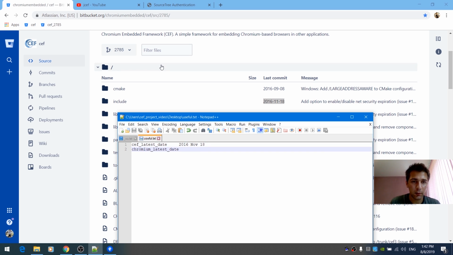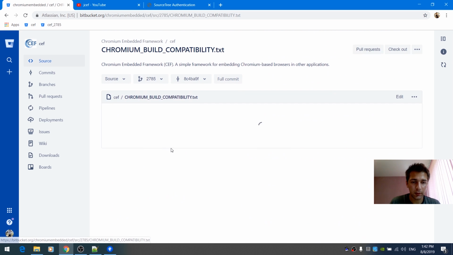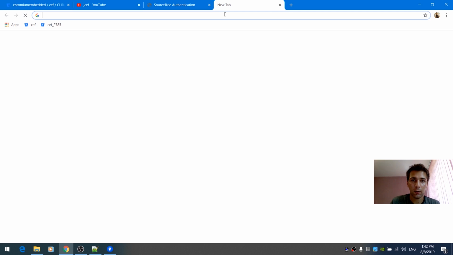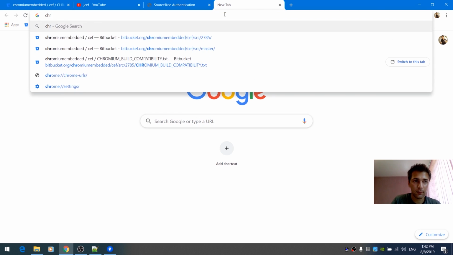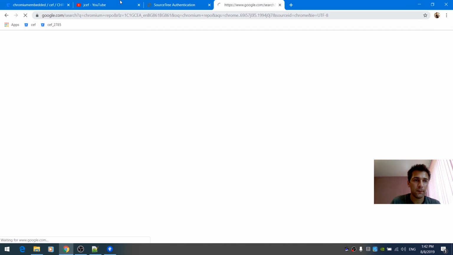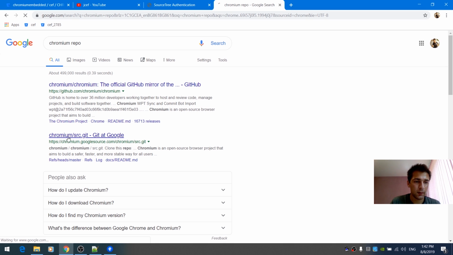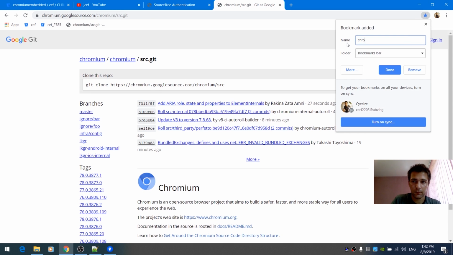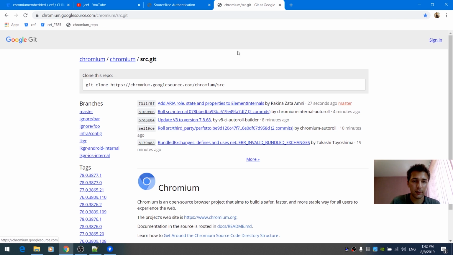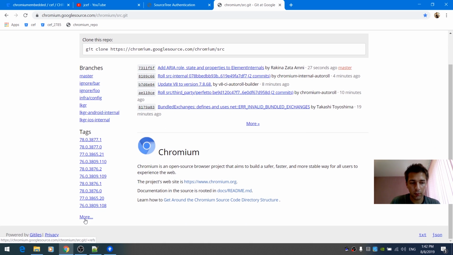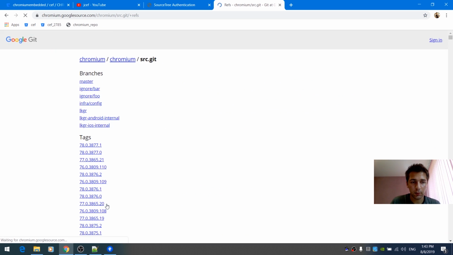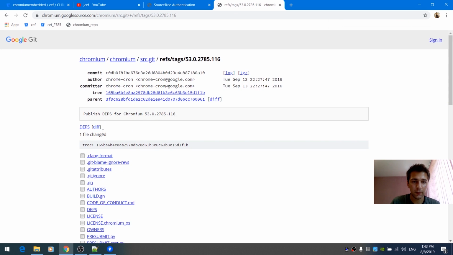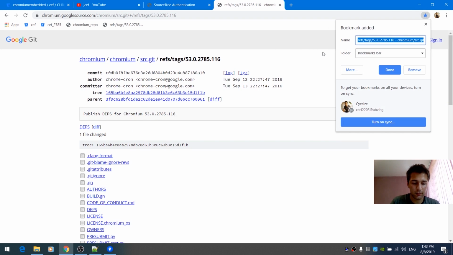Now let's look at Chromium. Go to the Chromium compatibility list and copy the version. Go to Google and type Chromium repo. Here it is. Let's add this as well, like that. Now let's go here to tags, click on more, press Control-F, paste the version and go to that specific tag. Also let's add it here,